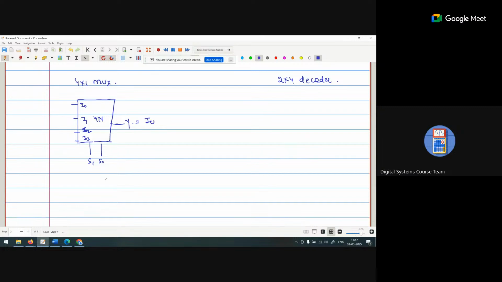So Y is I0 S1 bar S0 bar plus I1 S1 bar S0 plus I2 S1 S0 bar plus I3 S1 S0. Now if we implement with the 2x4 decoder,